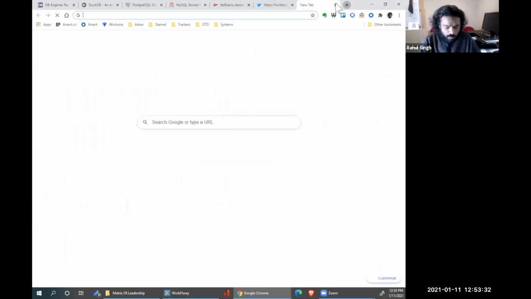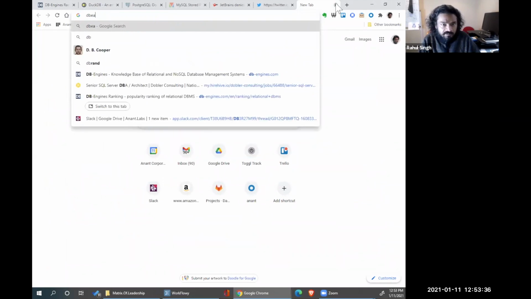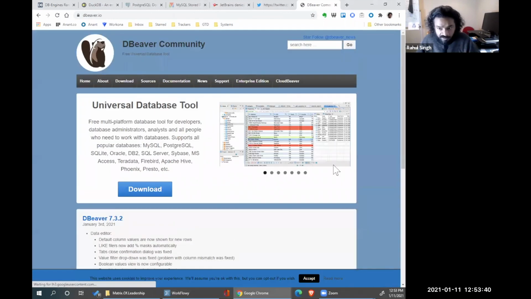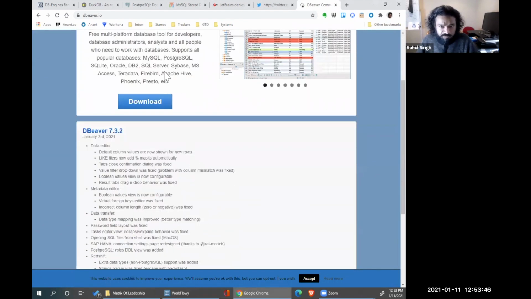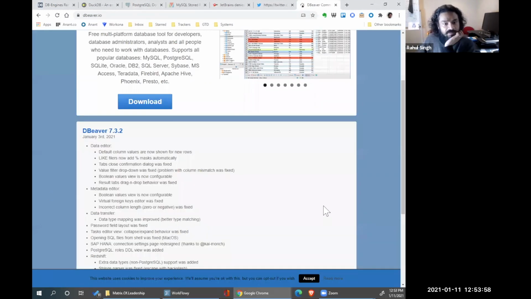There is one called DBeaver, which connects to like everything. There's an open source version of it, and there's a commercial version too. It can connect to Presto, I think even Cassandra, and Hive. DBeaver works with a lot of different databases.